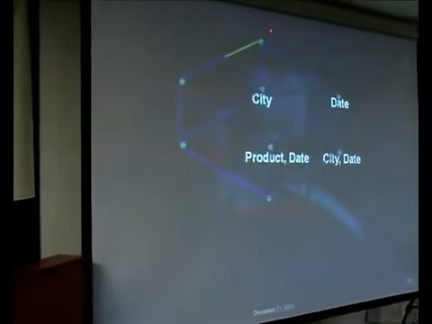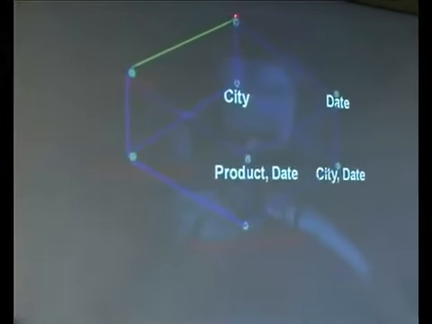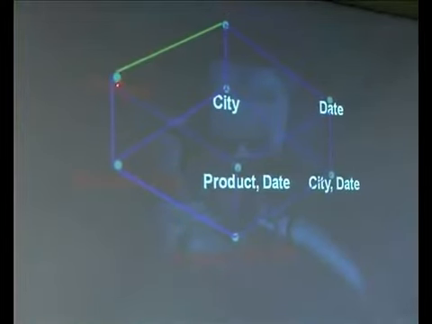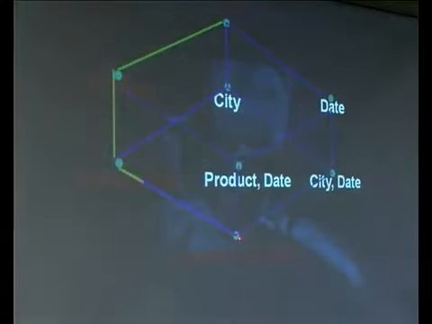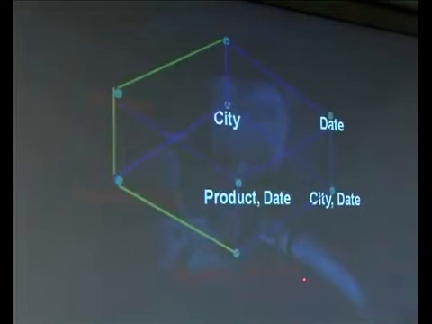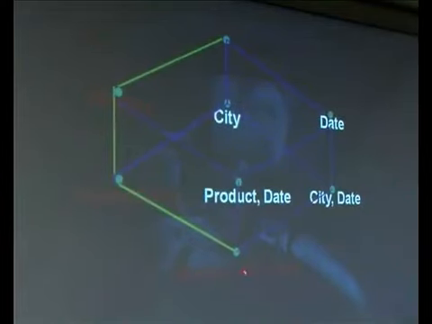there is another operator called drill down, which is a reverse of roll up. You are moving from top level to the next lower level, then from this level to the next lower level, namely product-city combinations of aggregations, and then from this to the lowest level, namely product-city-date combination. And you cannot go down because this is the lowest set of values that you have in your structure. Suppose if you have further details, then you can go down. So this is the drill down.